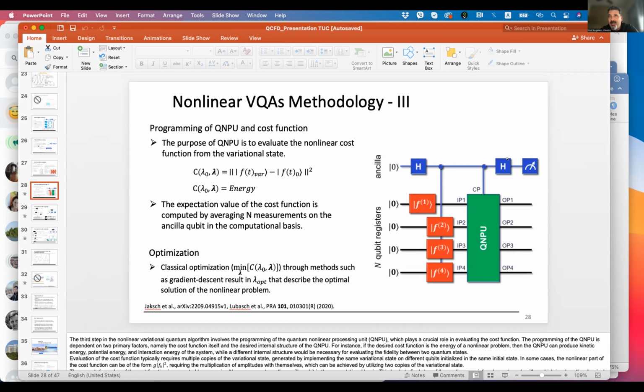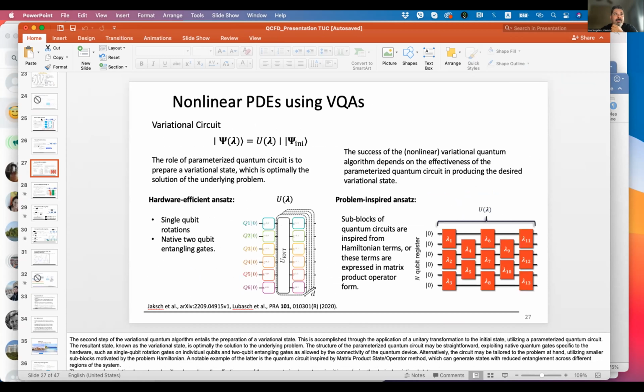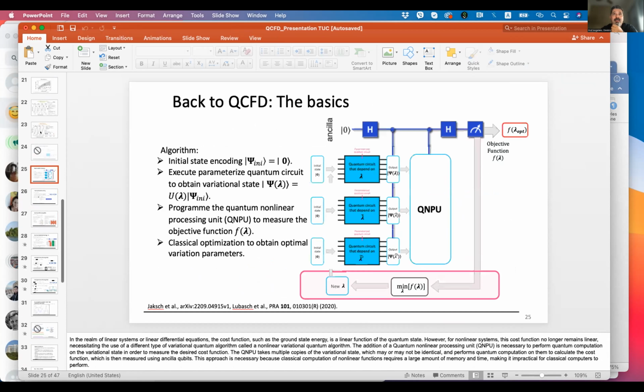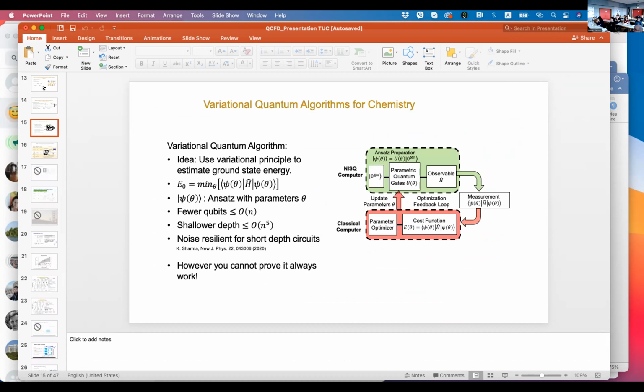By putting in this ancilla, this is an interferometric kind of phase kickback. Most quantum algorithms basically work with this kind of phase kickback in the upper qubit, and then you measure this and you try to extract some information from it. So if you don't do this, you do the standard variational approach. Let me go back to the, do I have a picture of the standard variational method? Maybe on the, I think, chemistry. So if you just use the